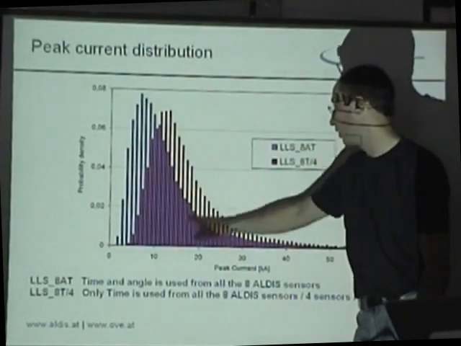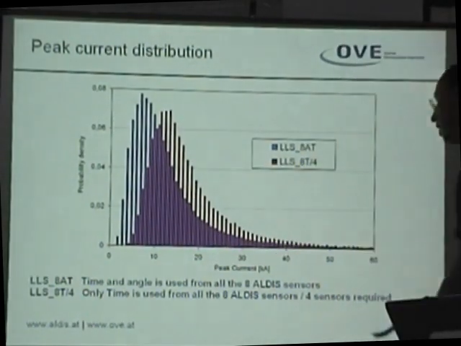The median peak current will be about, I have to guess, maybe it's written here, 17 or 18 kiloamps, the second case. So you detect